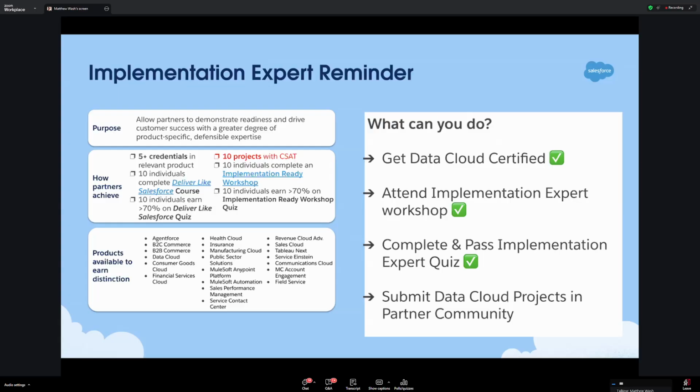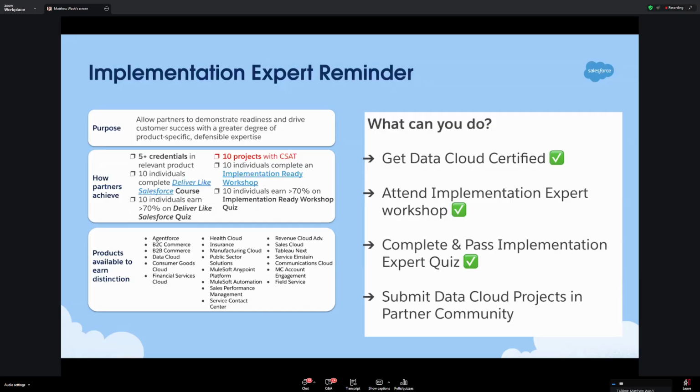can do as an individual are make sure that you're certified in Data Cloud. If you're not yet certified in Data Cloud, there's a lot of great places to work on that certification. We have a lot of recorded webinars explaining the entirety of the exam, the areas that you're going to expect to see from a content perspective, and then how to prepare your study to get ready for that exam. Once you're certified,